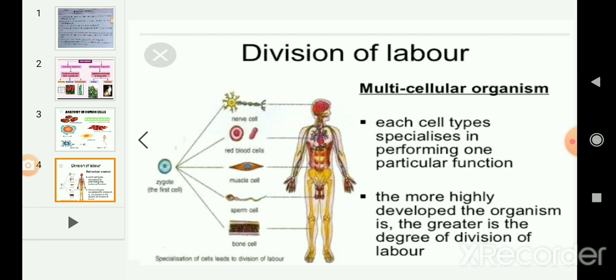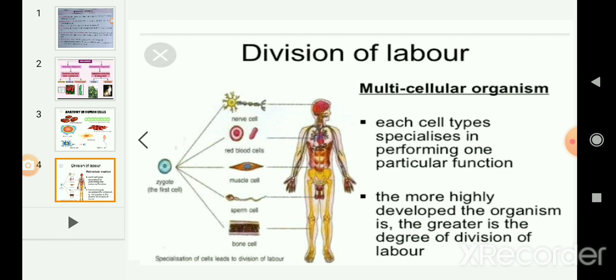For example, the heart pumps the blood, stomach and intestine digest the food, brain coordinates body function, muscles help in movement. Means, as our body structure is complex, different functions are carried out by different parts of our body, but all of them work for proper functioning of our body. And division of labor, even it is seen in a single cell also. Even if you observe internally in our cell structure, each and every cell has the division of labor.